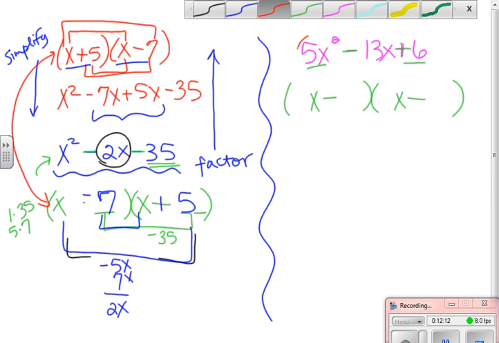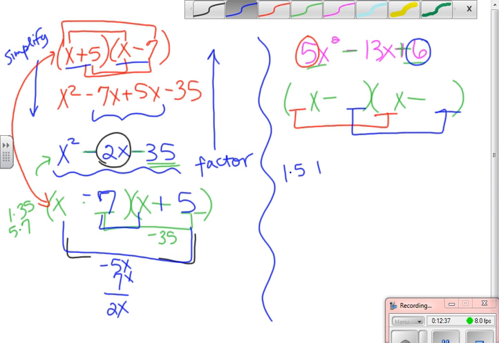Now remember how this term got built. That term gets built by multiplying the first two terms together. So that's where the factors of 5 have to go. The 6 comes from multiplying the factors in the last position together. So the factors of 6 have to go in the last position. So I always make a list. So I have 1 times 5, and I have 1 times 6, and 2 times 3. And I'm going to go through